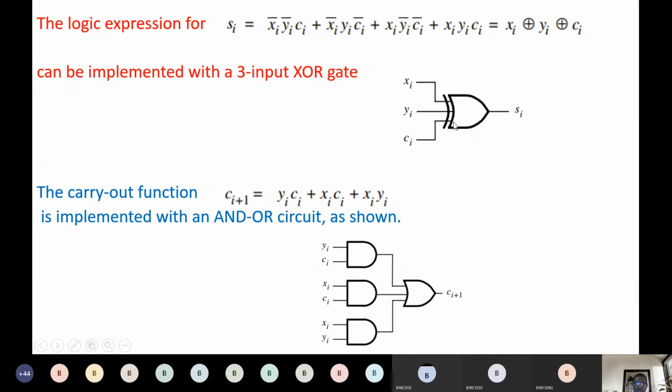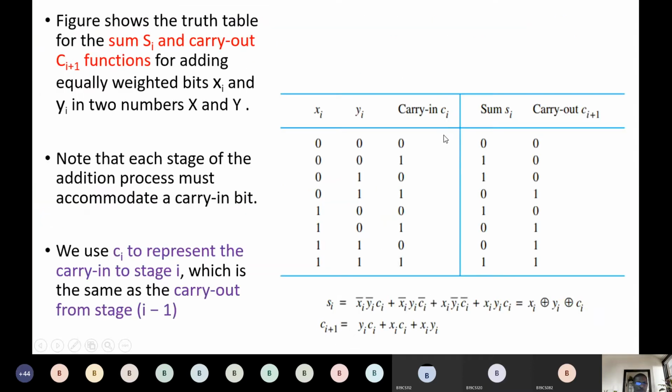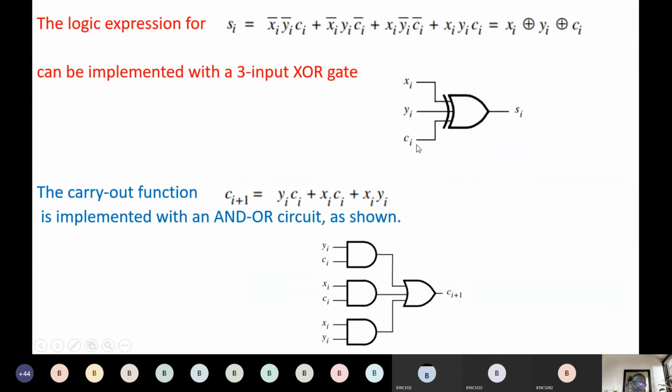So next we'll try to implement these two, keep these two, and do the entire addition. Because when we add these three, we get the sum, and during addition we use the carry in, which becomes the carry out for the next pair. Okay, so when we add two, we get the carry out, which becomes the carry in for the next pair. So I said the sum is implemented with this one, and carry outs are implemented with this circuit.